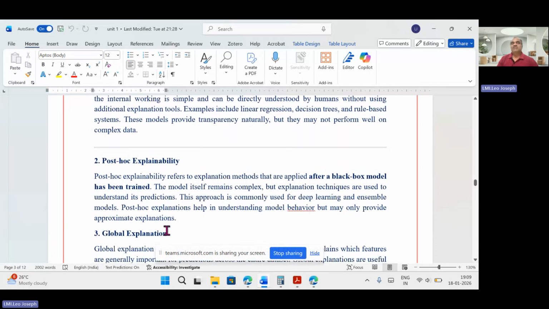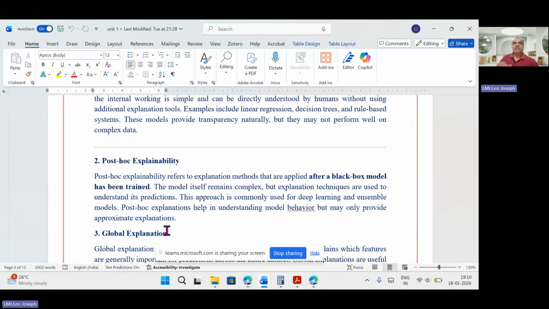Post-hoc explainability means what I have explained now. That means we are not able to understand deep learning models and ensemble models. These are very, very complicated. Even we cannot understand how many neurons are connected internally, where it is going, how weights are analyzed, how many weights are adjusted in each iteration, how many biases are varying, how many neurons are firing. These things we cannot see at a stretch, since it is very complicated. Even for a human, beyond our assumption, it requires days and weeks of work to analyze the complete computational process.